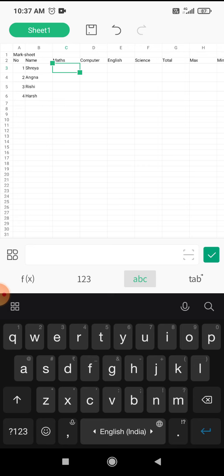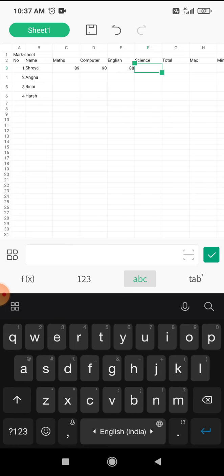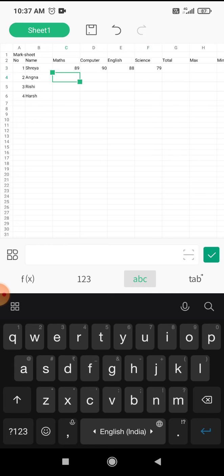Right now I am giving the marks out of 100. You can give the marks out of 50. Right now I am giving the marks out of 100. Same marks you have to write down for the 4 students.